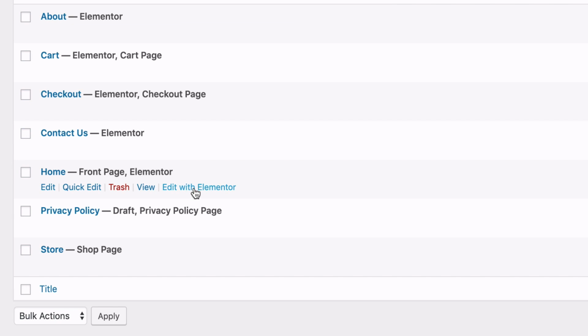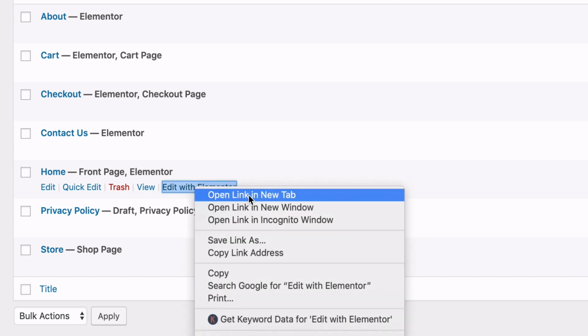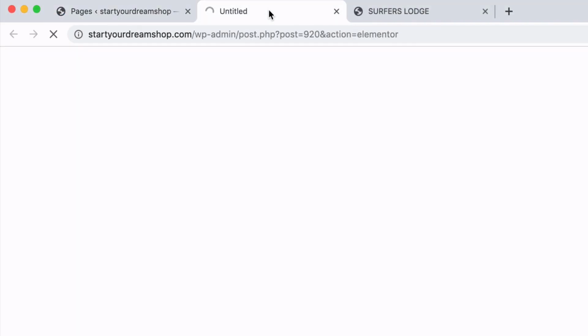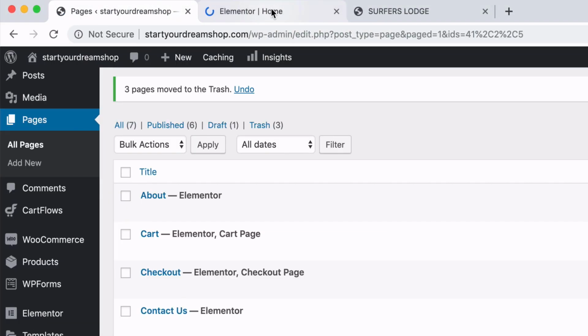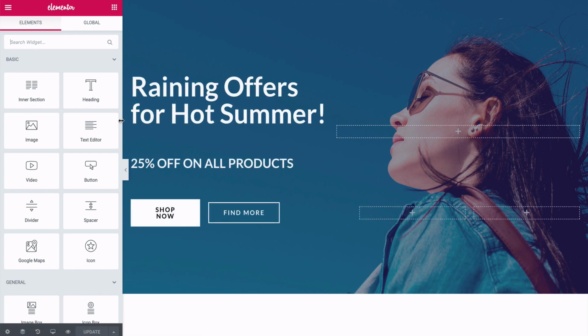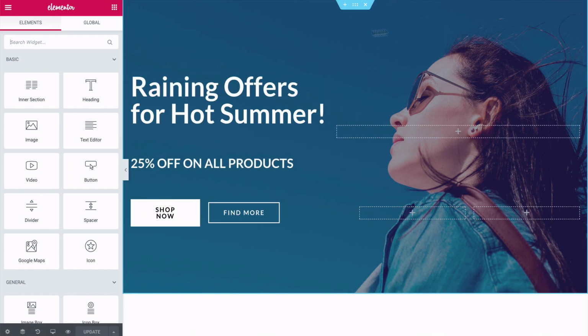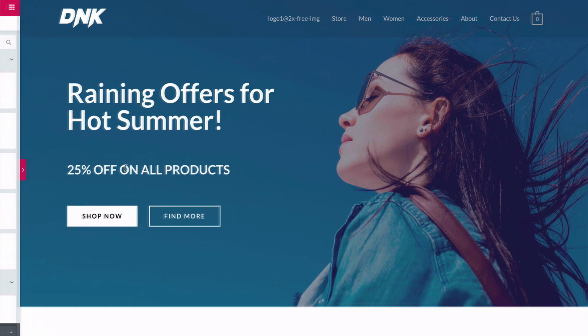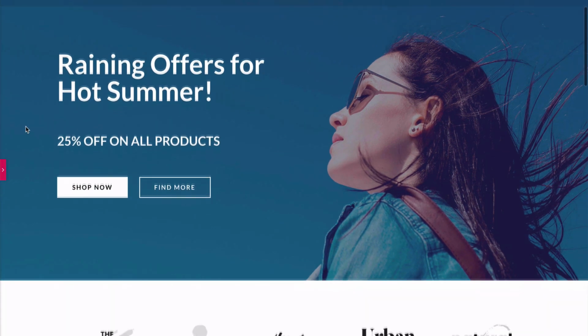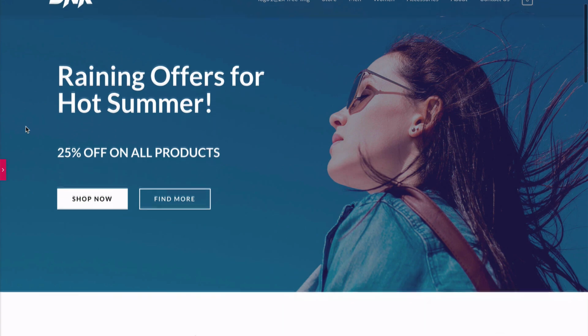So let's do that right now. I'm going to actually open this in a new tab so I can change and click between windows right here. It just makes things much easier. So here we go, it's going into Elementor, and as I said, Elementor is just incredible. As you can see, this is your header here. If I click here, it opens up and makes it full width, and this is really, really looking